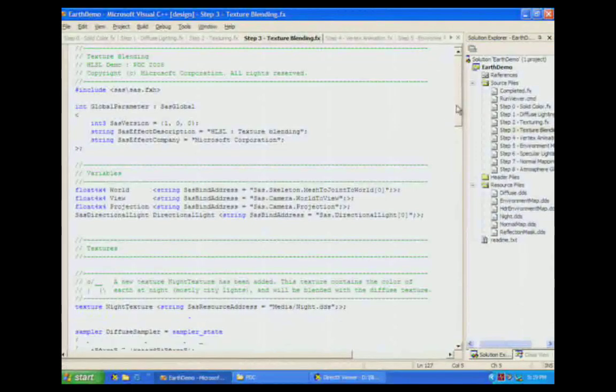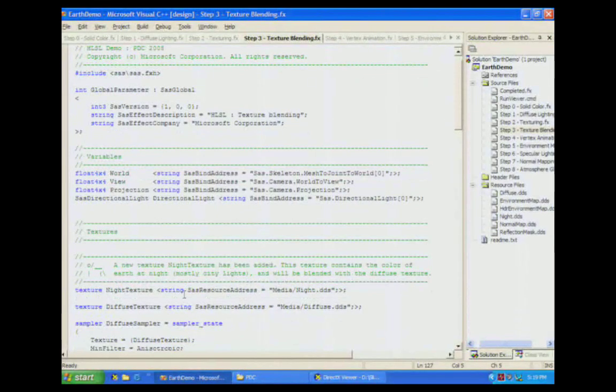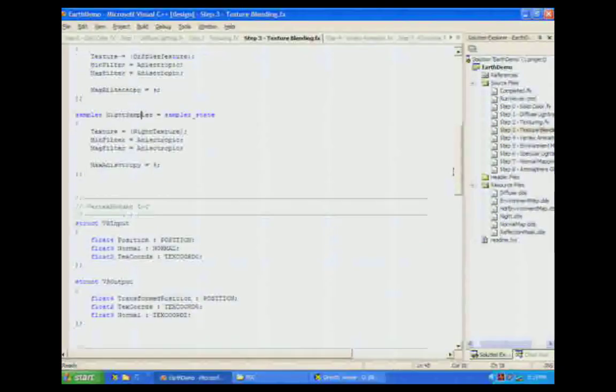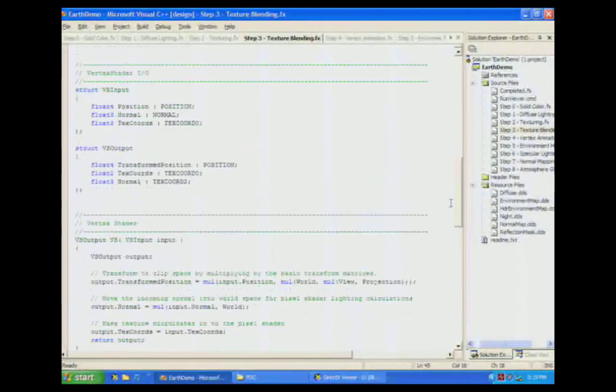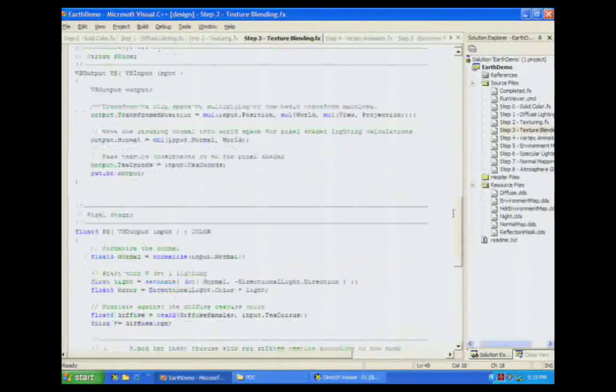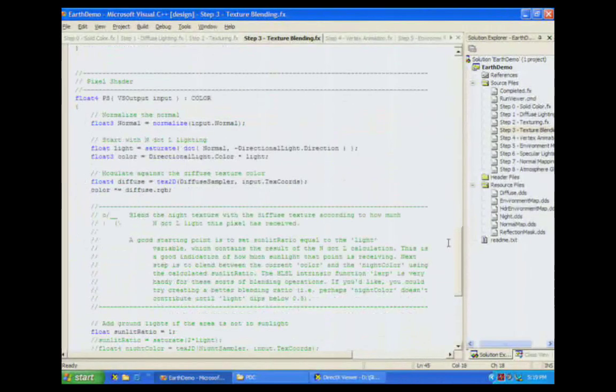But what we're going to do is take that texture, and all we did again is add a new texture declaration, a new sampler for the night sampler. Nothing else has changed in terms of the inputs and outputs. The vertex shader hasn't changed in this particular place. The place that changes again is here